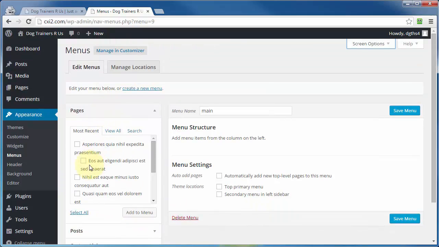Now then, just go ahead and add the items that you want. Let's go ahead and check this box and that box, because I want to show you how to do a child page of the parent page. And you also have the option, by the way, to view all, or if you've got a whole bunch of items in here,